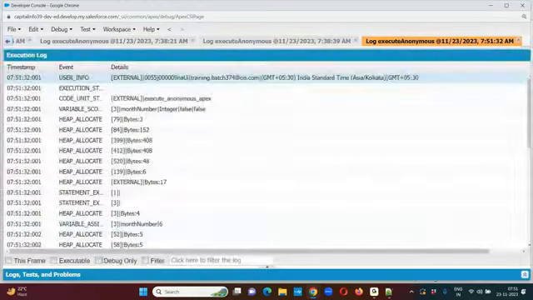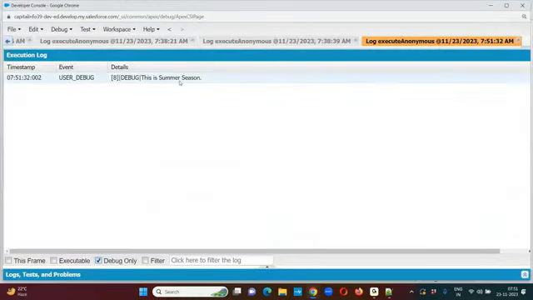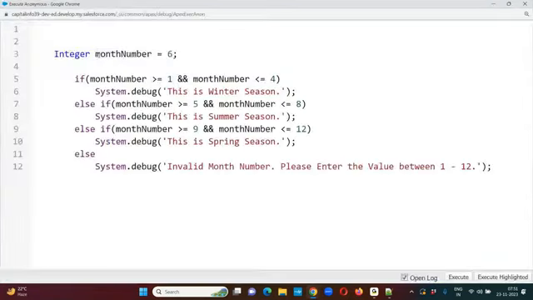Select the debug only. Now we can see the result: this is summer season. Whatever month number we have specified comes under this range, so it is representing the message. This is summer season. Suppose I am giving the value as 11,